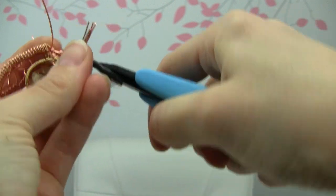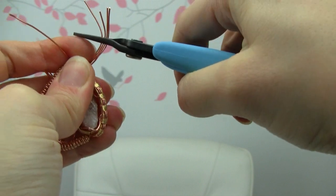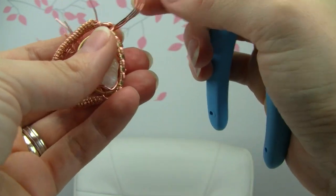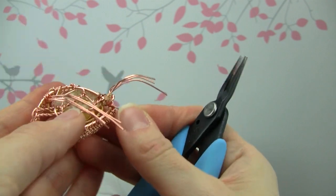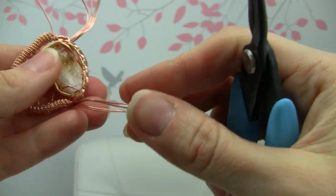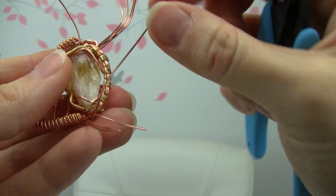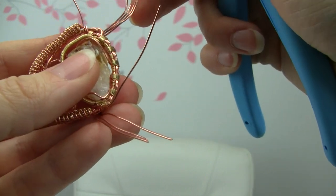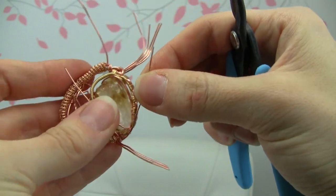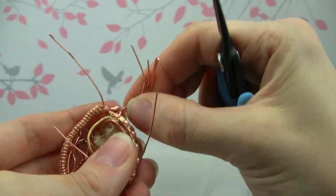Oops, my stone fell out. Alright, my stone fell out. So now, with all these little ends that we have going on here, if they were a little longer, actually some of them, like this one is a little longer, I could put a coil on and then just tuck that away, but the rest of them I'm gonna cut and just pinch them down. Actually, maybe this one too. So the 2 longish ones down here. These are all pretty short, so I'm just gonna cut and tuck them under to get them